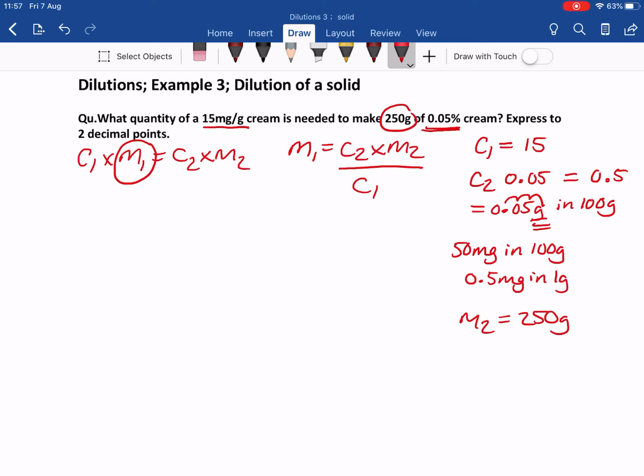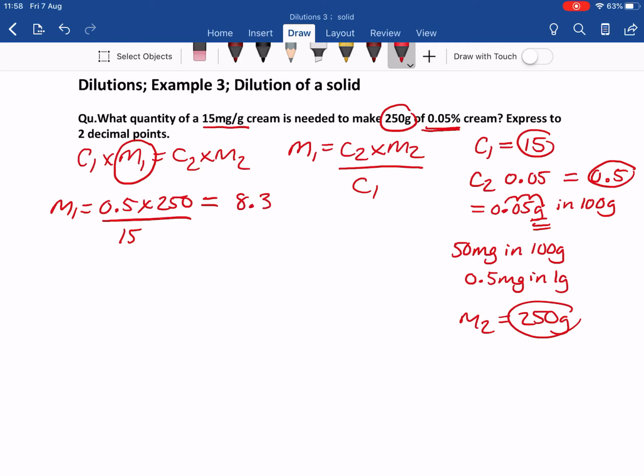So if we put these figures into our equation, we get M1 is equal to C2, 0.5, multiplied by M2, 250, divided by C1, 15, and that works out to 2 decimal places to be 8.33 grams of the initial cream is needed to make